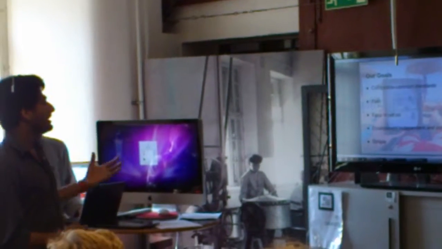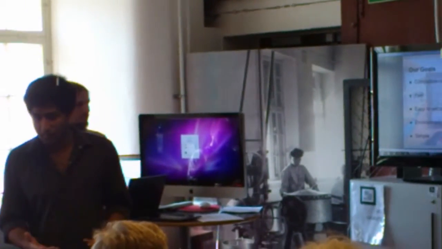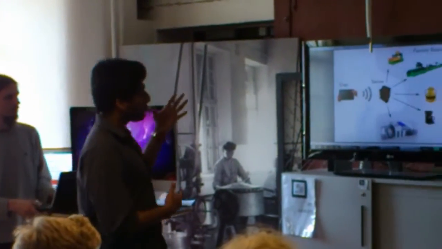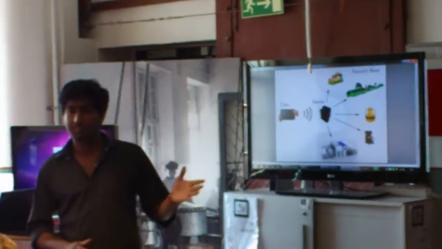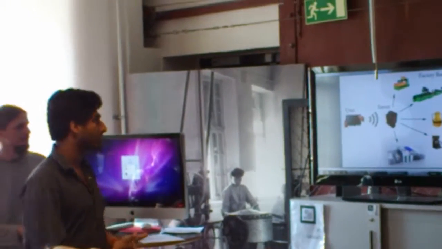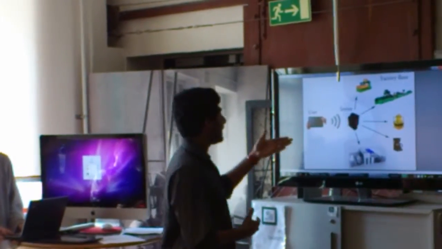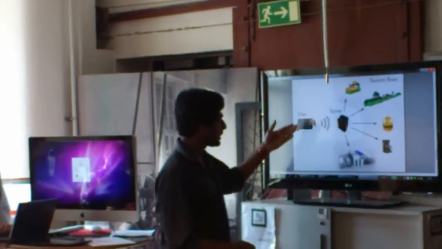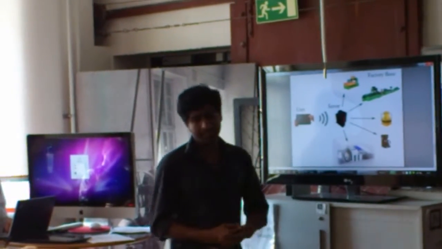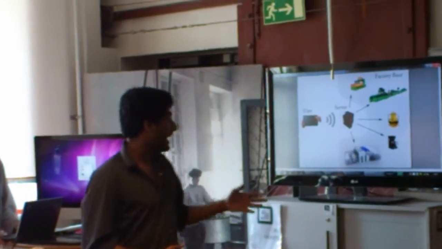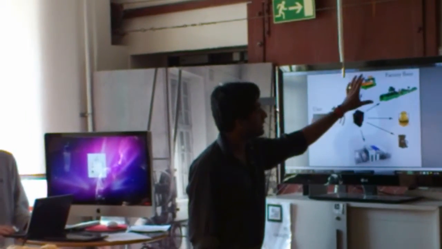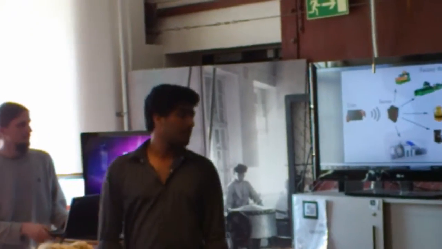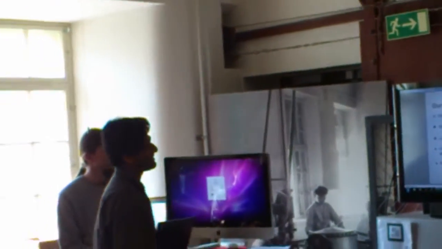So now comes what we achieved from it. Before we go to what we achieved, this is a small diagram of how it works. You have your tablet with you, you have a user interface on your tablet, you click on it, wirelessly it is transferred to the server, and the server commands the factory floor, each of the machineries. So now let's go to the achievements.